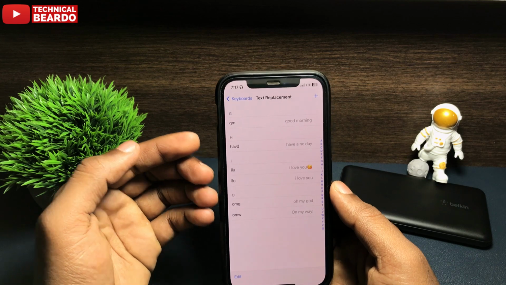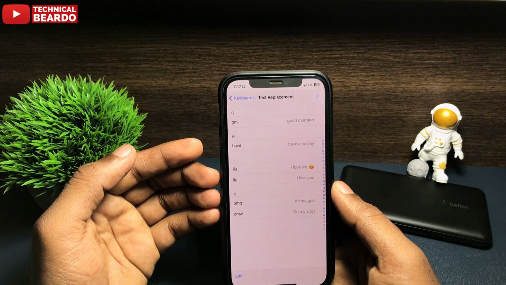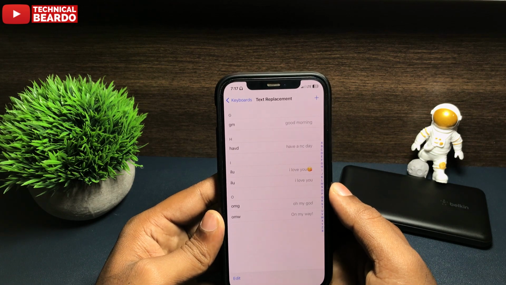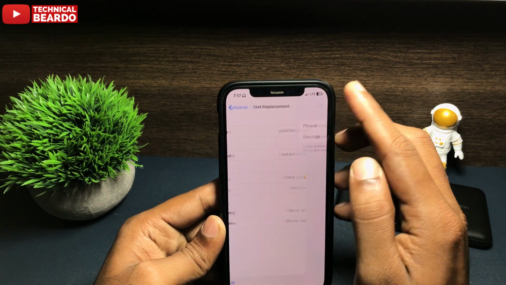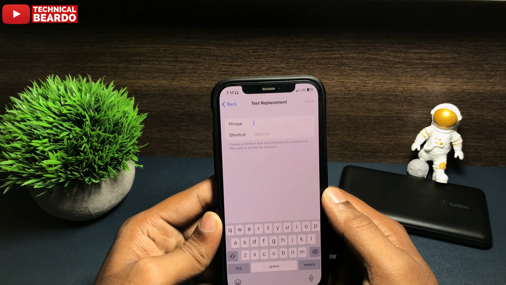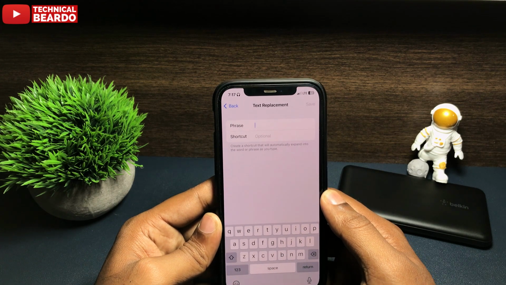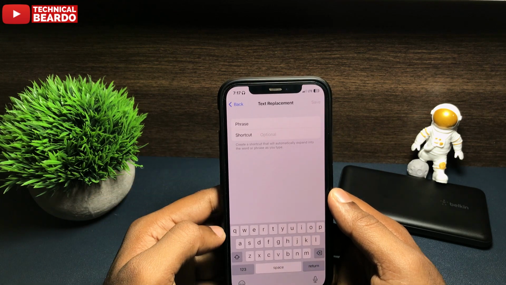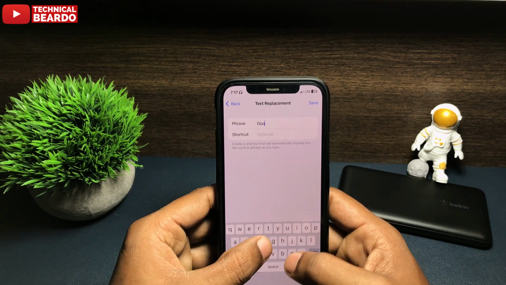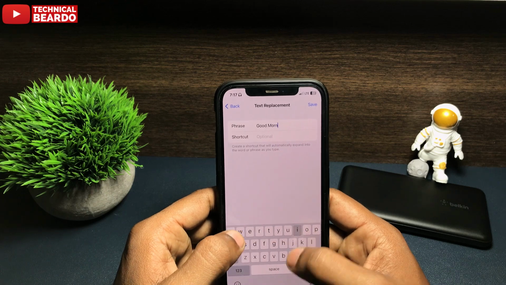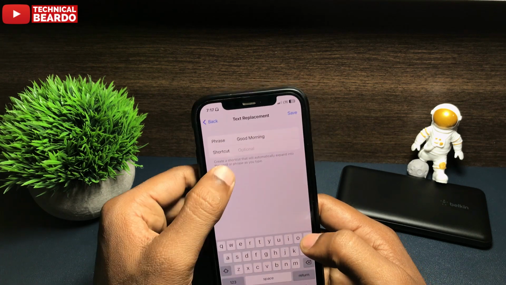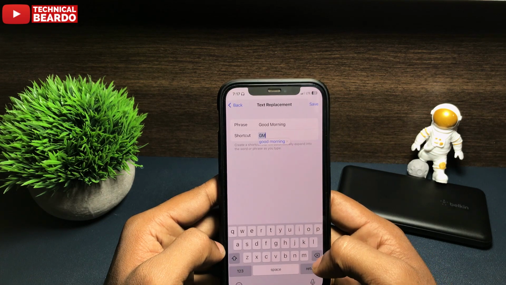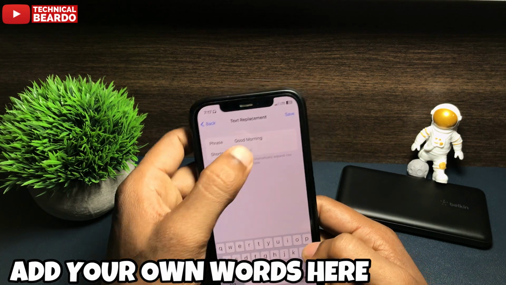To create a new one or to add a new word, do one thing: tap on the plus icon at the top right corner. Once you tap on the plus icon, you'll see two options here, Phrase and Shortcut. For example, a phrase can be "Good morning" and a shortcut can be "GM". So next time when you type GM, automatically your iPhone will autocorrect it and enter the "Good morning" word. Similarly, you can type the phrase here and the shortcut, and the shortcut can be optional here,